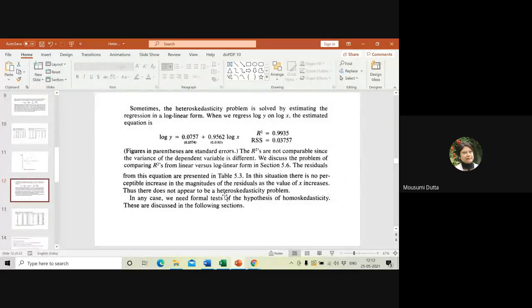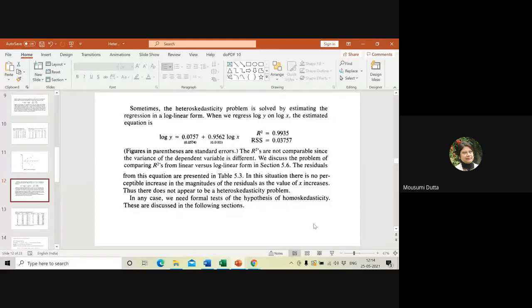Now a rule of thumb is suggested sometimes, that is, if we consider the logarithmic transformation of y and x, under many circumstances we find that the heteroscedasticity issue is removed. This is only a rule of thumb. Take the logarithmic transformation of y and x and run the regression. Why is this only a rule of thumb? Because,